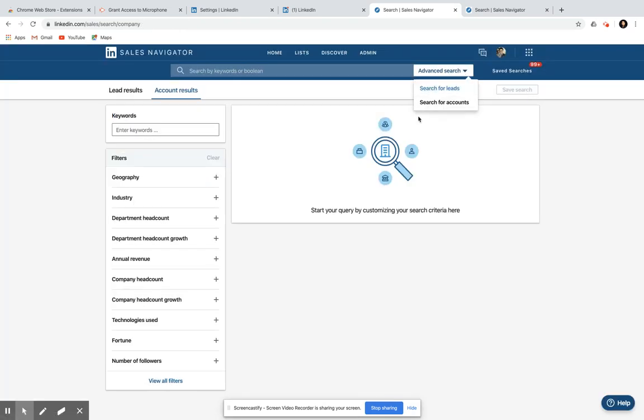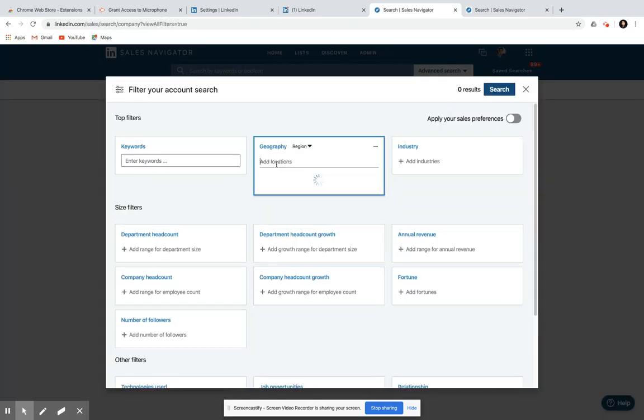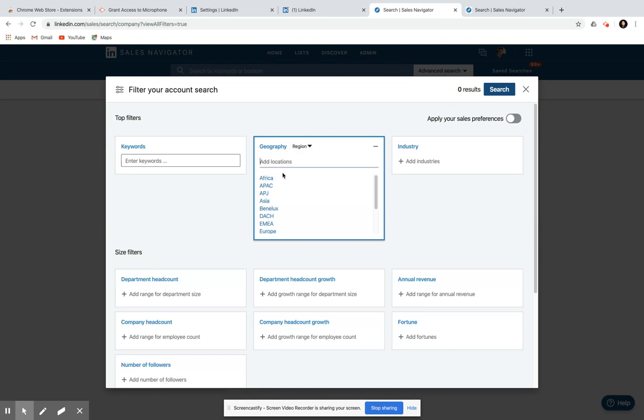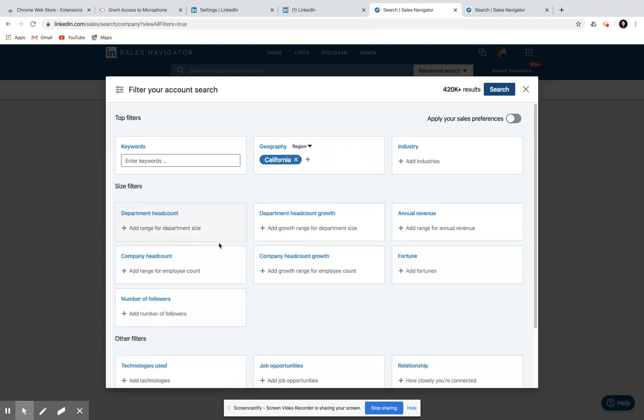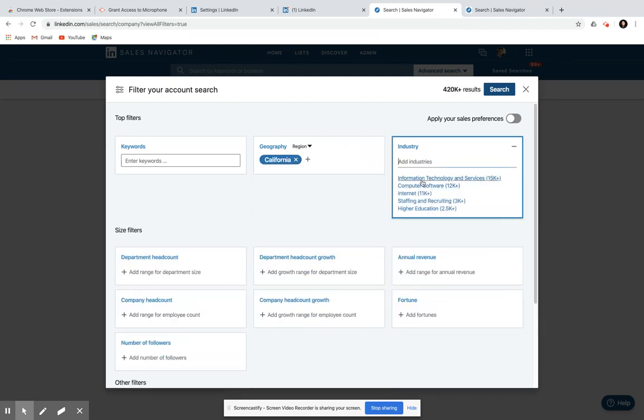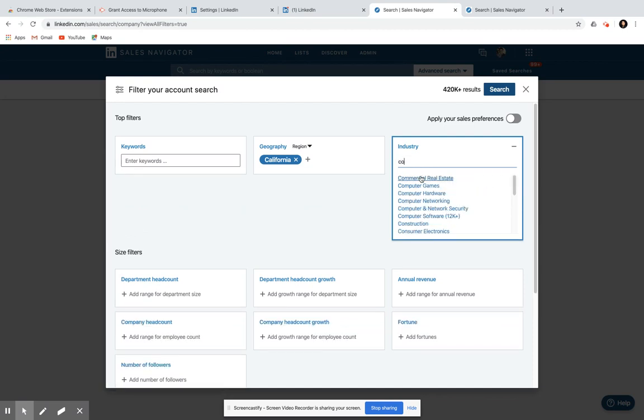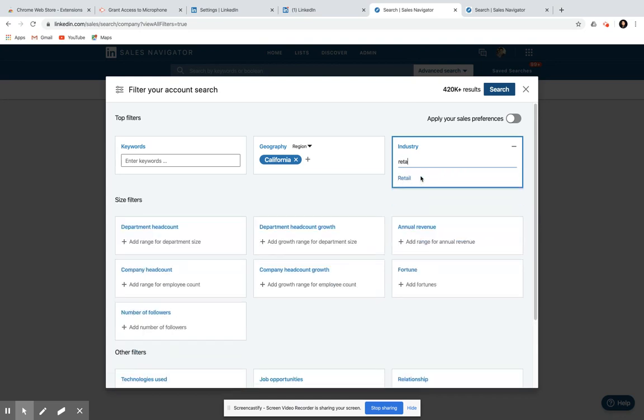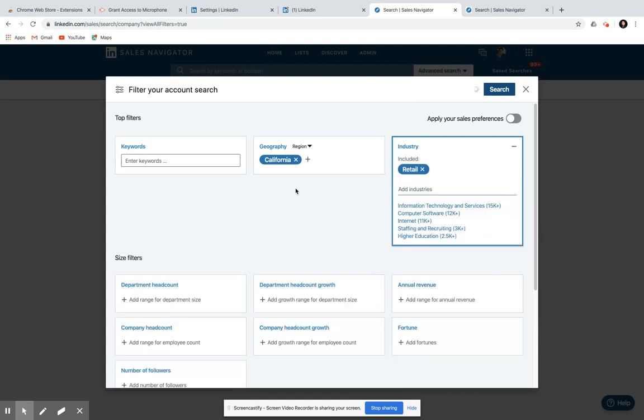Just go to advanced search and search for accounts, and from here you can choose the geography. Let's say you want California, and you want to look for all the companies who are into retail.